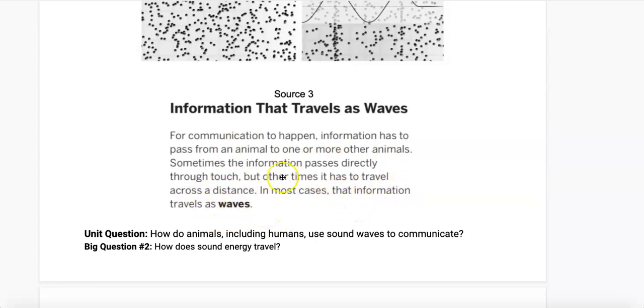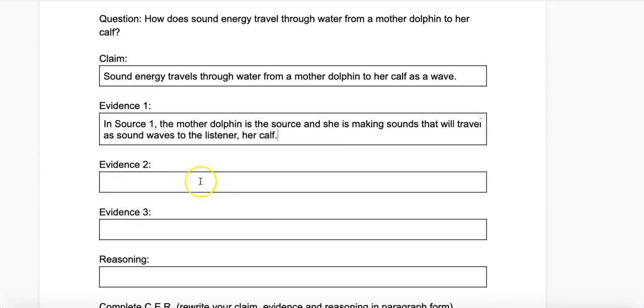So I know that if they're not close by each other, information can travel across a distance by way of waves. So I'm going to go ahead and put that sentence together for evidence 2, which will connect again with evidence 1. So with a sentence starter, I'm going to say, according to source 3, because that's where I got my information from,